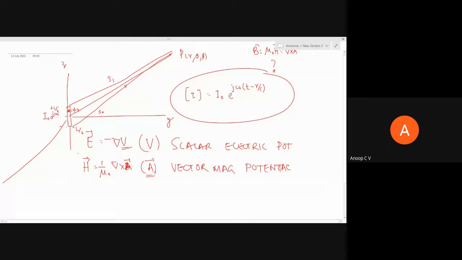We'll be considering a very small length, and that may have a charge dq, and it will have some current I dl, right? The source for the magnetic field, you know, is an ideal current element, a small conductor carrying current, and the source for the electric field is charge. With that idea, from scratch itself, I'll teach you how to write the expression for scalar electric potential and vector magnetic potential, and how to take the divergence and curl and obtain the E and H expressions. That's what we are going to do in the next class.